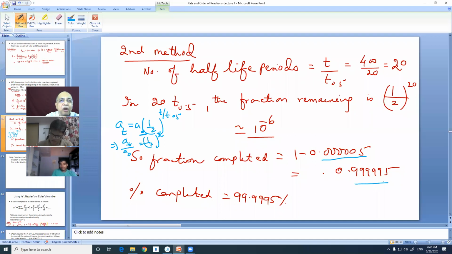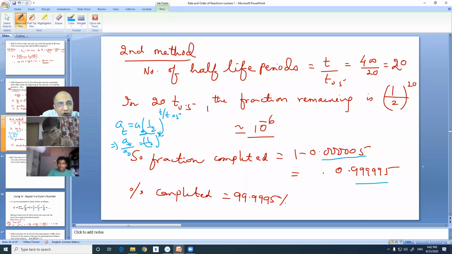Half to the power number of half-lives is the fraction of the reactant remaining. And if the question asks what fraction has gone, then 1 minus that, multiplied by 100, will give you the percentage gone or completed. Did you understand? Raise your hands if you have understood whether you will be applying the integrated log technique or this half to the power technique to find the fraction directly.